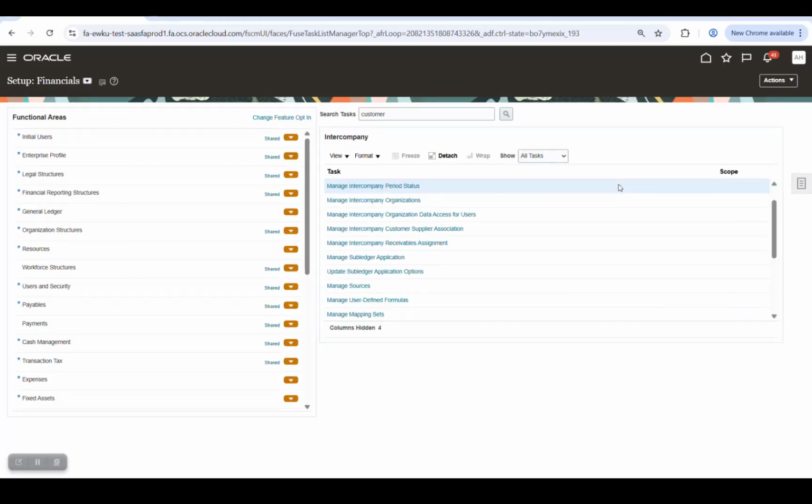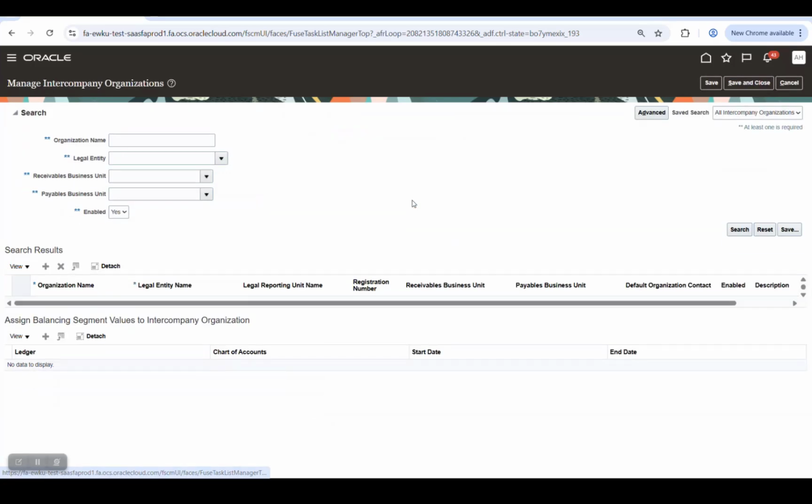What is next? Intercompany organization. Create intercompany organization and assign them to the legal entity. You can have a one-to-one relationship between an intercompany organization and the legal entity, or a many-to-one relationship with many intercompany organizations associated with a single legal entity. Select receivable business unit and payable business unit for each intercompany organization if this organization will require invoices to be generated. For example, just select